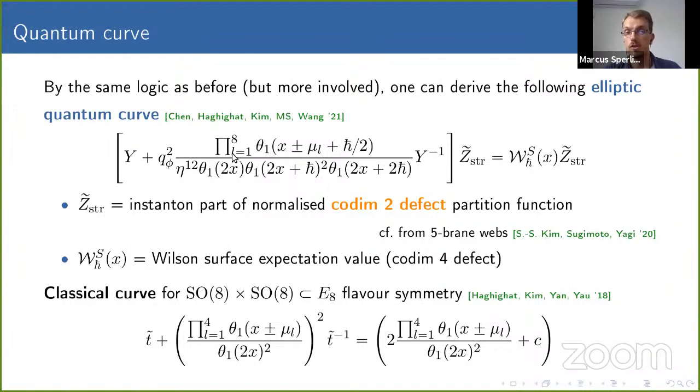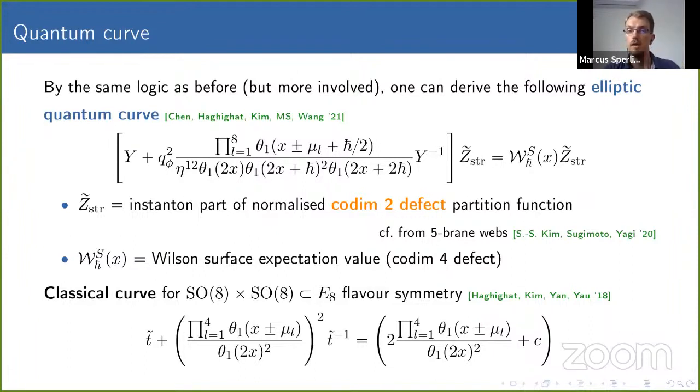So we have shift operators, which act on the co-dimension 2 defect partition function. Now we've only written it for the instanton part. And you see that there's a shift, and then there's some prefactor with some theta functions. And on the right-hand side, now we see again a Wilson surface expectation value, which is again a co-dimension 4